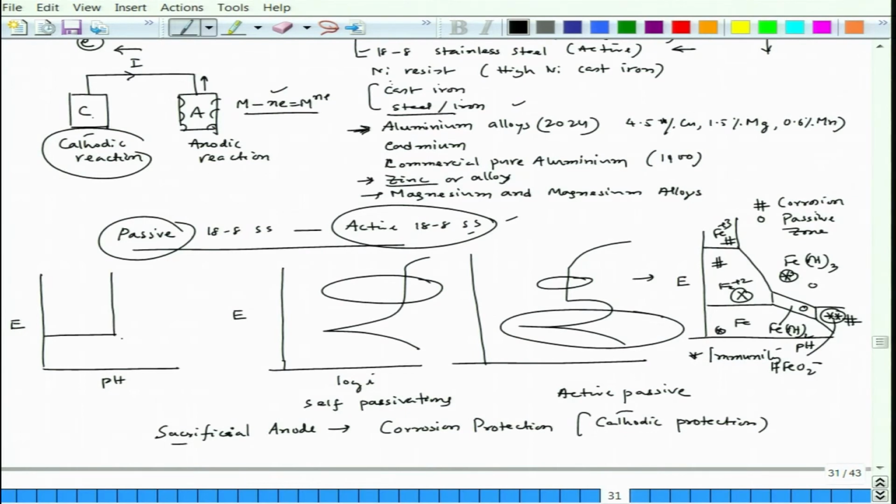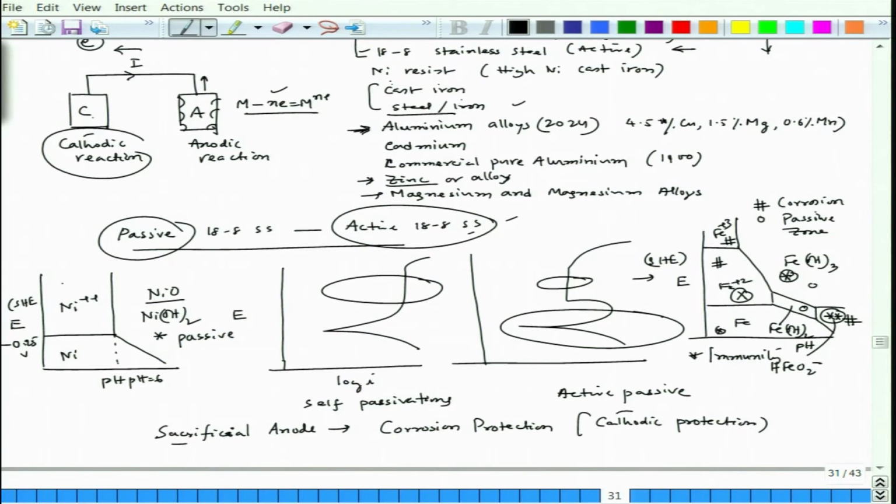So, it looks like this, and if I recall correctly, this will be around pH equal to 6 and this is minus 0.25 volt with respect to the standard hydrogen electrode, and this is also standard hydrogen electrode. Fine. Now, in case of nickel, nickel can be passive as well as active. This is the Ni2+ zone, this is the nickel zone and this is the nickel hydroxide zone, fine, or it is a nickel oxide zone. So, now if nickel metal stays here, it will be passive,